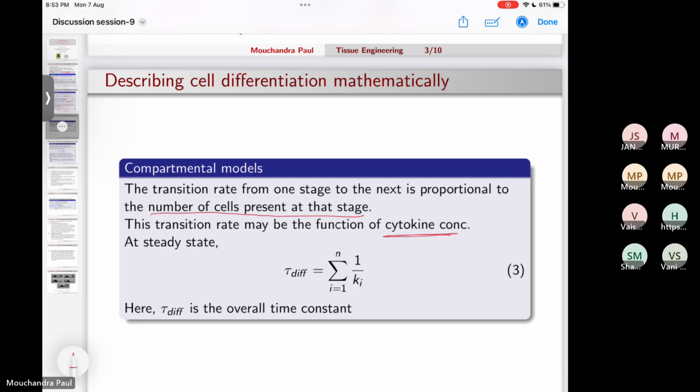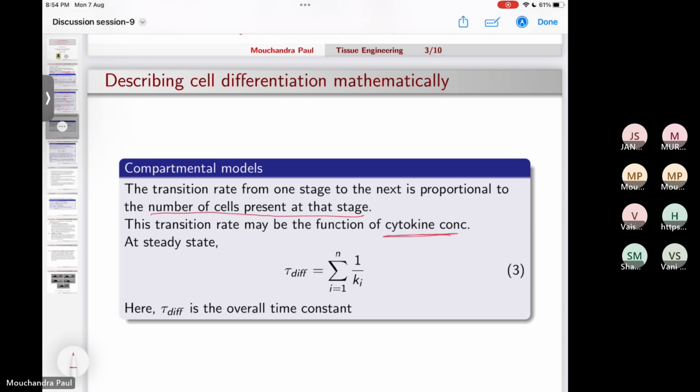because cytokines are signaling molecules, right? So in their presence, more and more cells will switch on their biochemical pathways inside, and will be expressing only a fixed subset of genes, and start to express the characters of differentiated cells. So the transition rate here is a function of both the cell number as well as